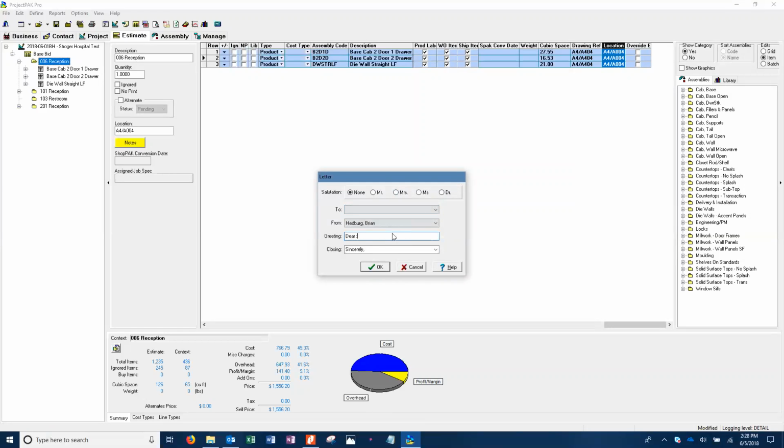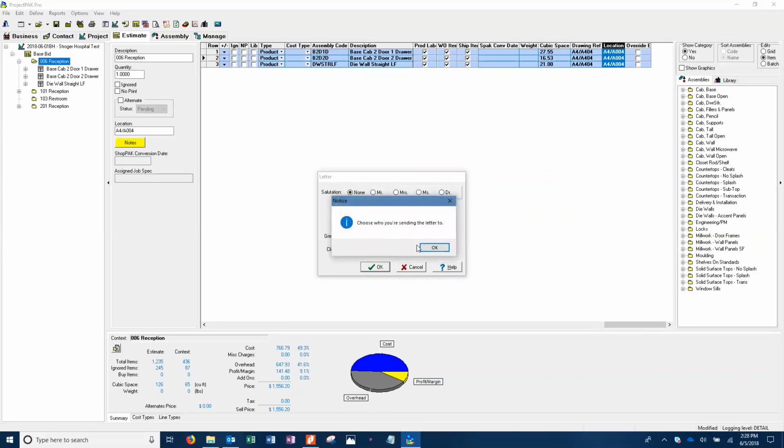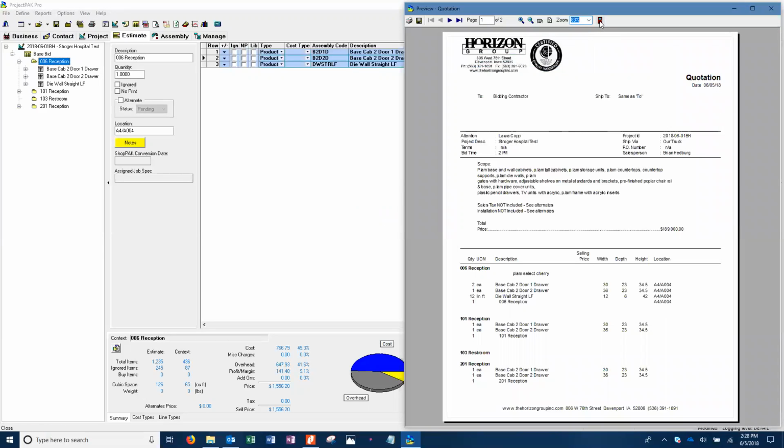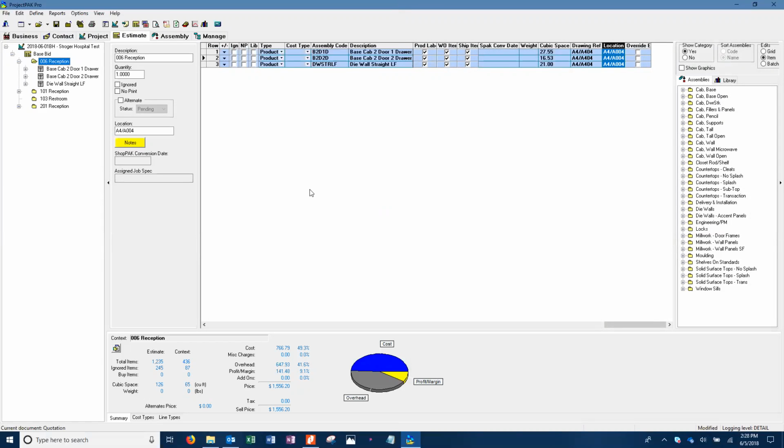Nope. Why isn't it there? That's super weird. What's happening with that? Where is our letter contact? All right, if you hit cancel, it's just going to give us our regular document. Okay, let me check mine, make sure that there's not something bizarrely going wrong. Blue and red, quotation, letter,